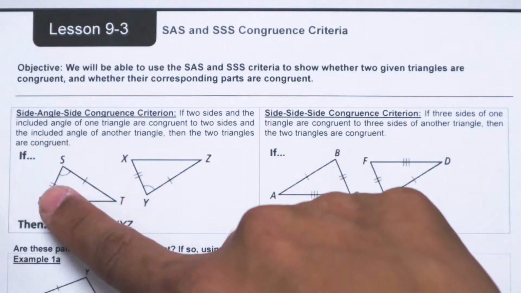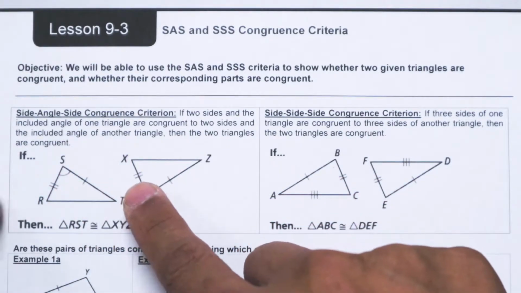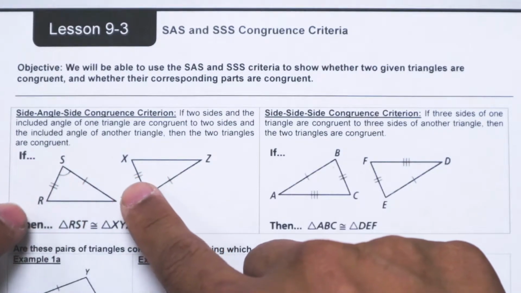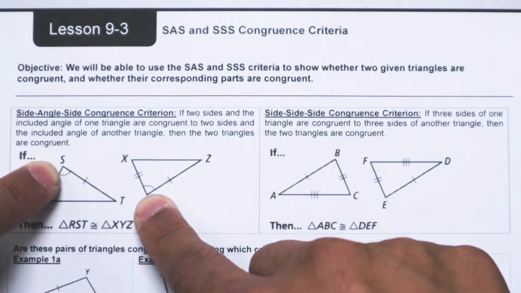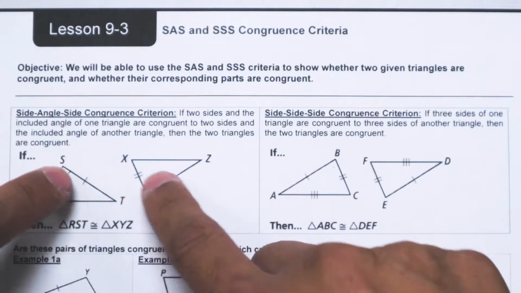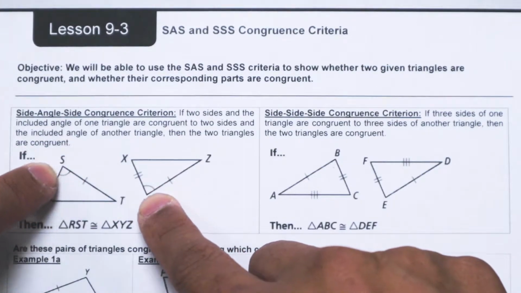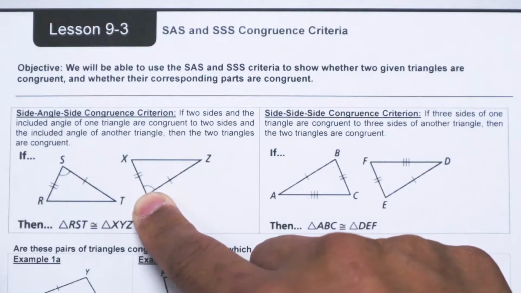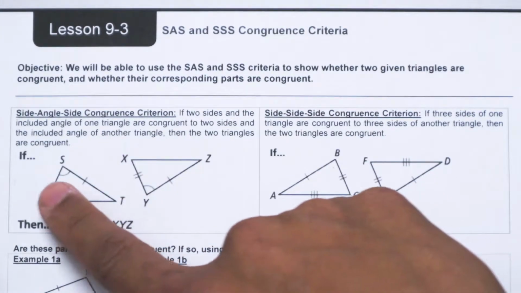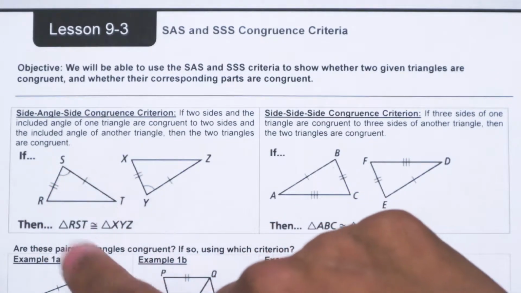In other words, if you have two triangles where you have one pair of tick marks, another pair of tick marks, and a pair of angles that are congruent and in between the two pairs of sides, then you can conclude that these two triangles are the same size, same shape, which means they're congruent. And in symbols, it says that if triangle